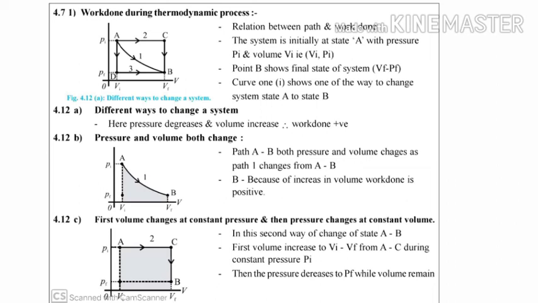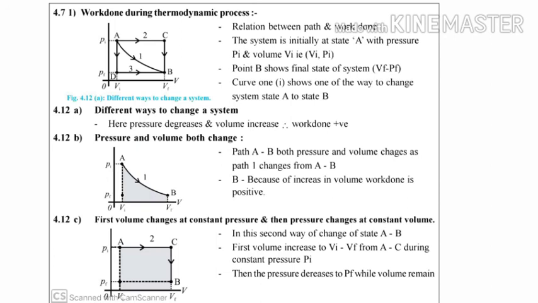you can see in the PV diagram the path followed is C to B. At this stage, when the point moves from C to B, the pressure decreases from Pi to Pf, and the volume remains constant, as you can see in the PV diagram. So this is the entire procedure of this second type of path in changing the state of the system. Then the pressure decreases to Pf while the volume remains constant. These are the things we have observed in both diagrams.